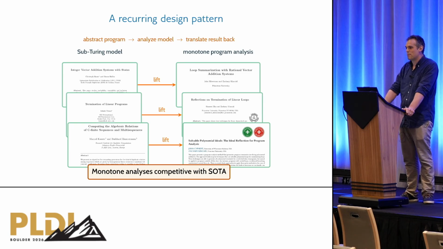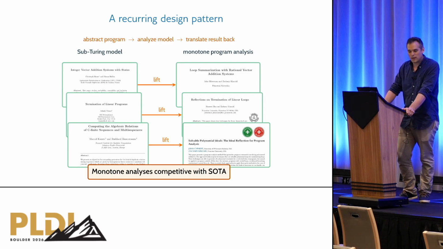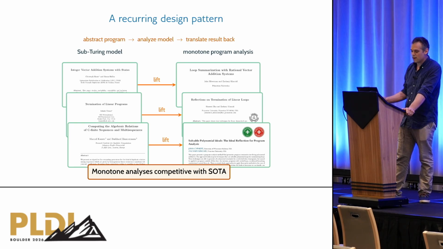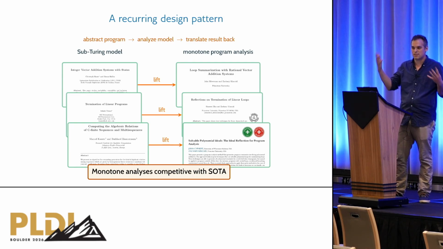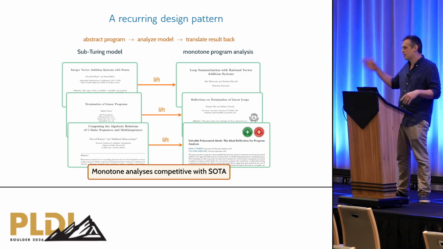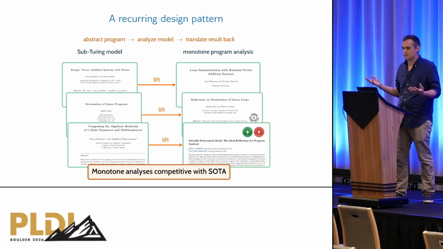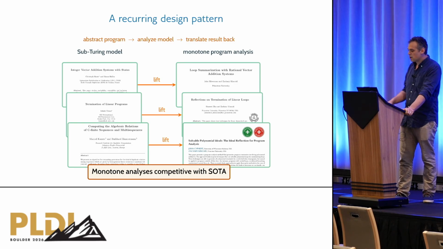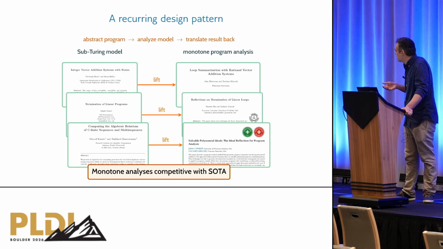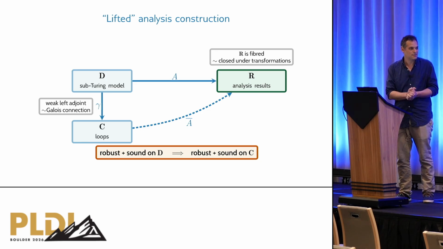So we'll take some theory paper that shows that some property of a sub-Turing model of computation is computable. And we lift that to a program analysis using the pattern that we first take our loop, we abstract it in this sub-Turing model of computation, we analyze the model, and then we translate the results back into an over-approximate analysis of the input program. So these are all intuitively instances of the same recipe. In this paper, we show that they are actually formally instances of the same recipe.